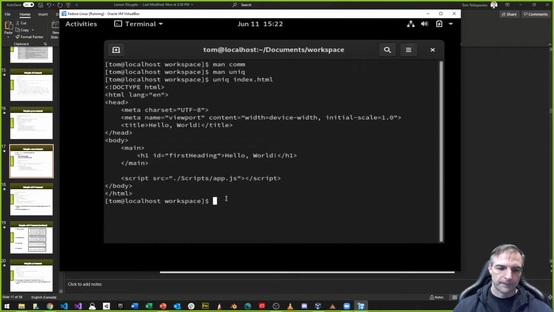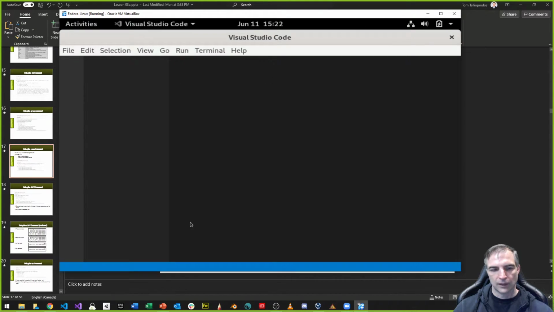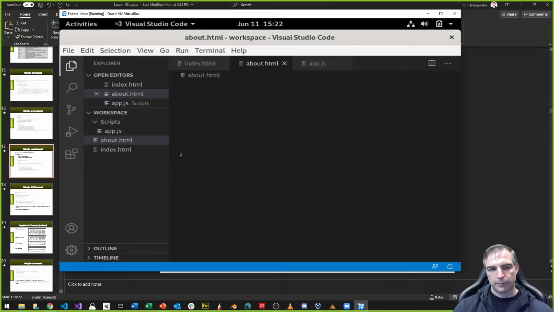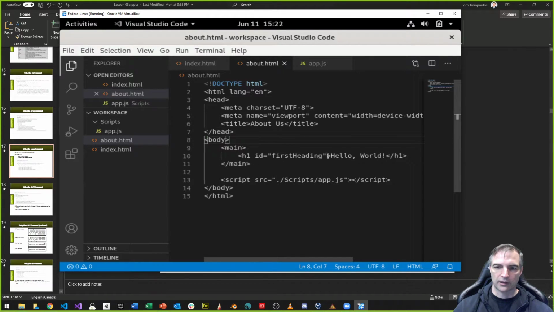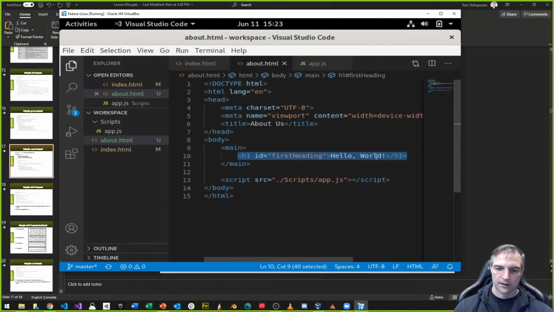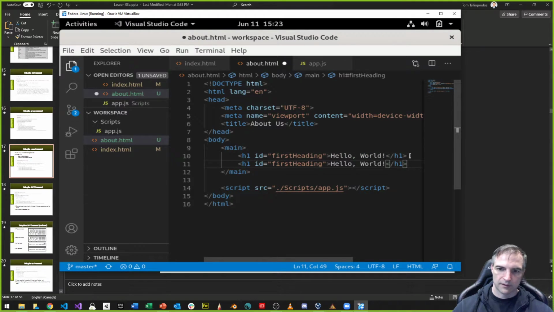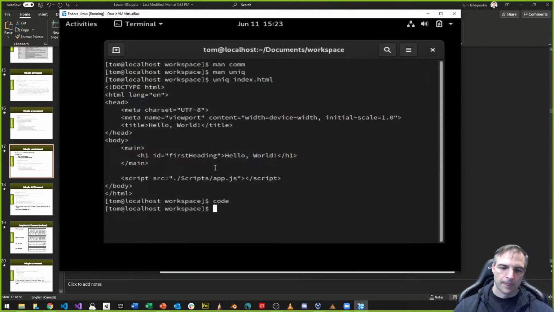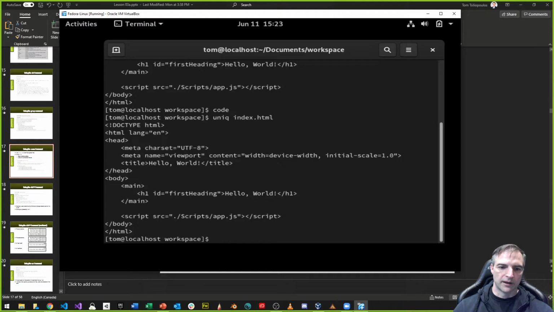But what if, let's open up code again. What if by chance I had a duplicate line? So I'm just going to copy this h1 tag and put it right underneath the other one, right? So I got two h1 tags, hello world, and I did that again. Oh yeah, it omitted the second one. Notice it didn't even show the second one, because it's report or omit, and by default